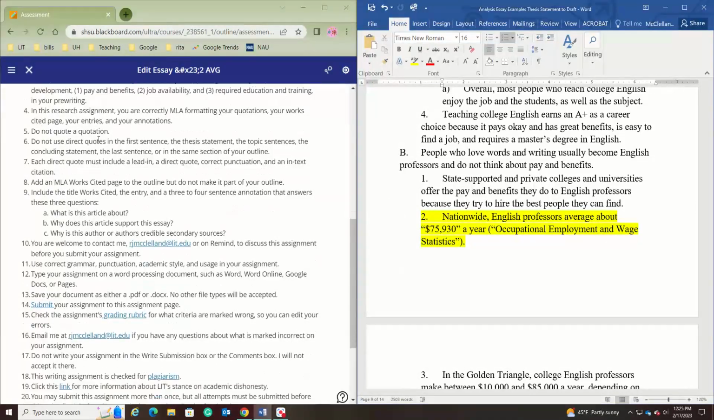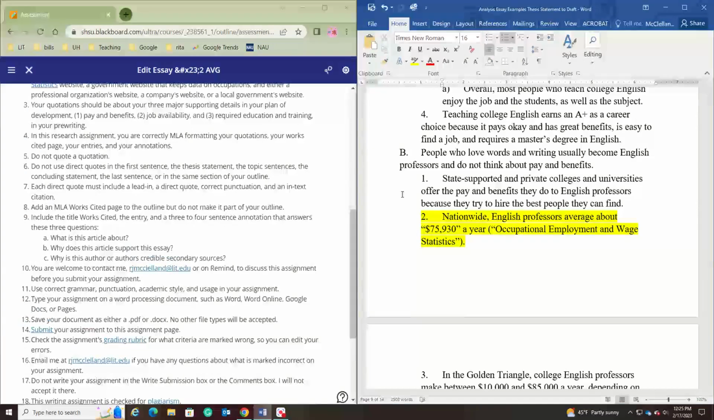All right. So here you're correctly formatting your quotations, your lead-ins, and your in-text citations. Now the same rules apply. As always, don't quote a quotation. Don't use direct quotes in the first sentence, the thesis statement. The topic sentence and the concluding statement, the last sentence of any of the sections, are in the same section of your outline. And